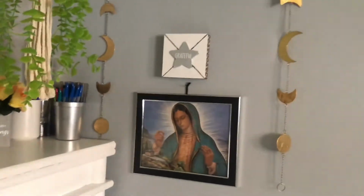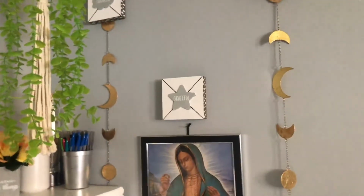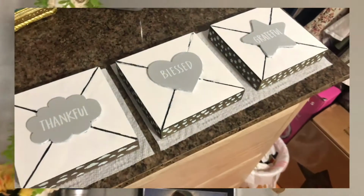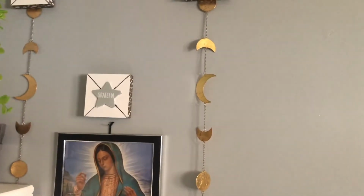Over here on the wall I have these little wall decor items, which I actually painted. If you noticed at the beginning of the video, they were wood colored and I painted them white. Then over here on this side we have this little decor of different kinds of moons that